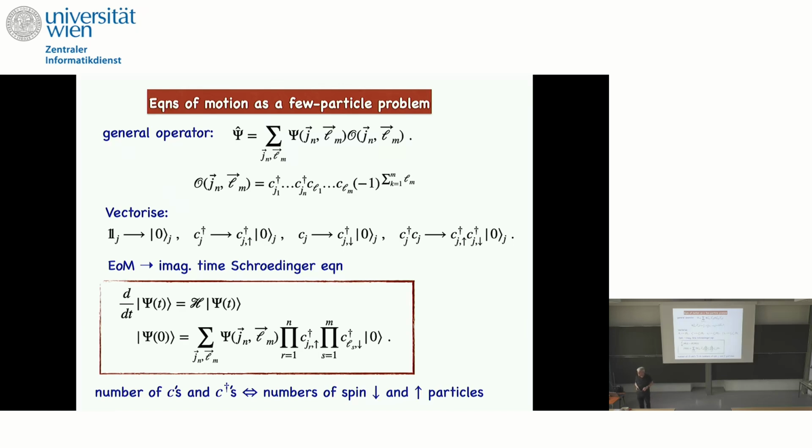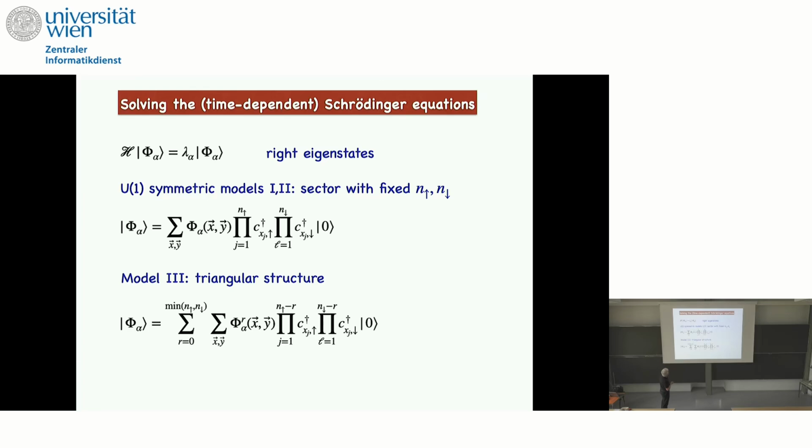Officially, this hierarchy should be closed, but this is not apparent when you get a non-integrable model in the imaginary Schrödinger equation, or this is obvious. Let me go to the next slide. So now what we want to do is, we have vectorized the problem. This is why I was saying it's now a very simple problem you can give to an undergraduate student, because it's a Schrödinger equation with 2 particles or 3 particles, something like this, and they understand this and they can do it if they're motivated.